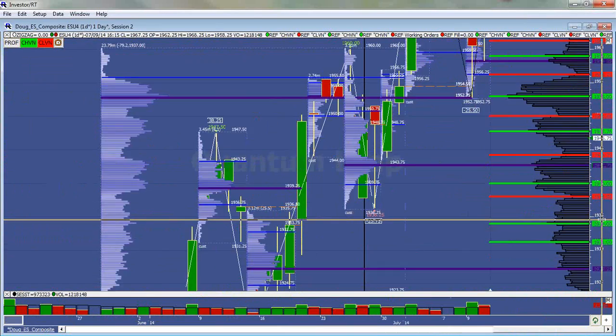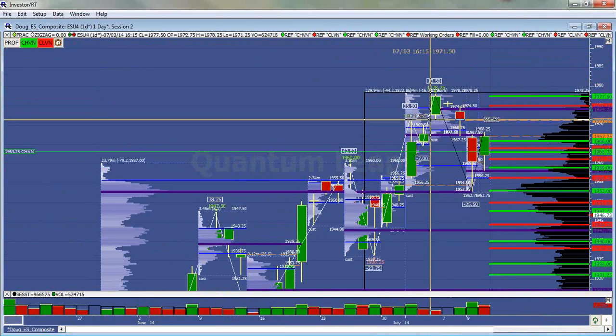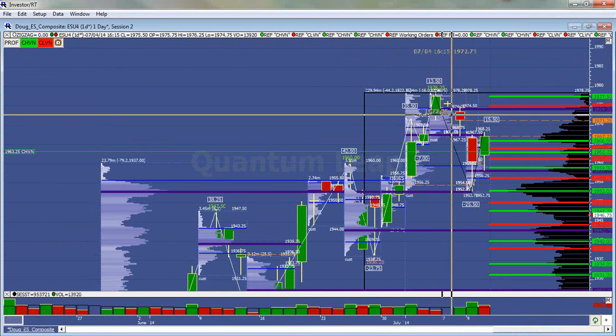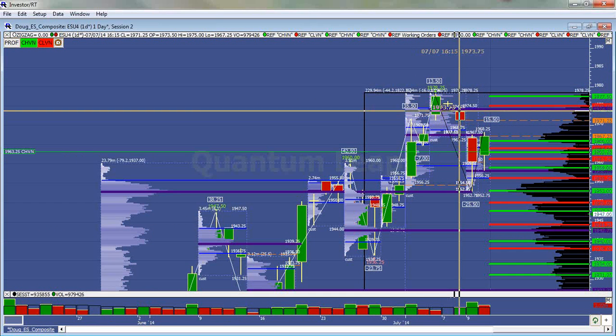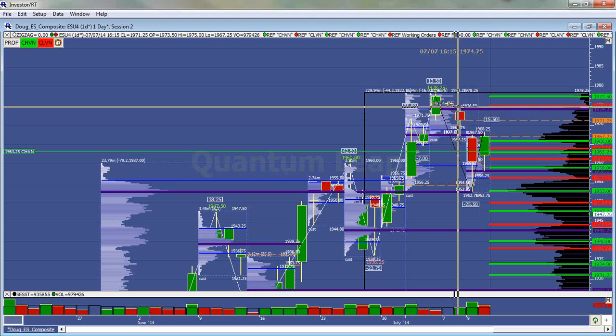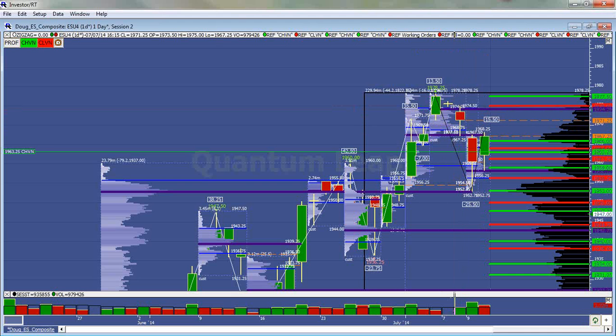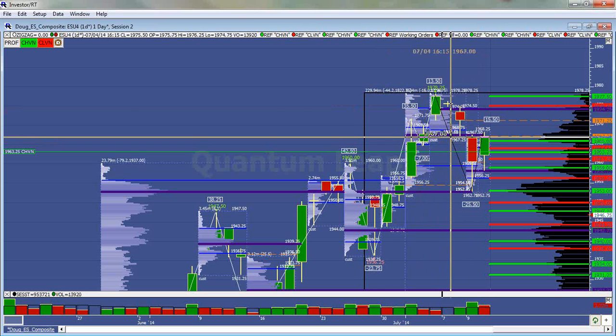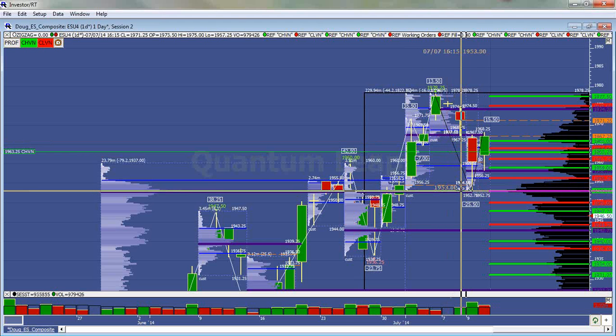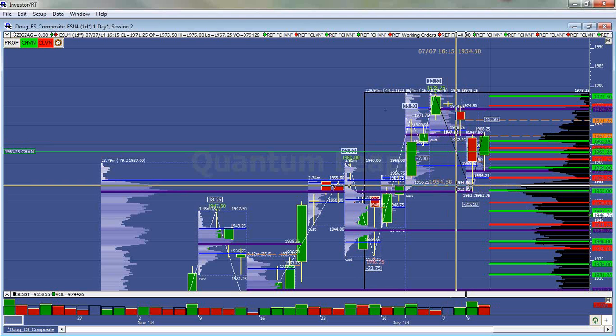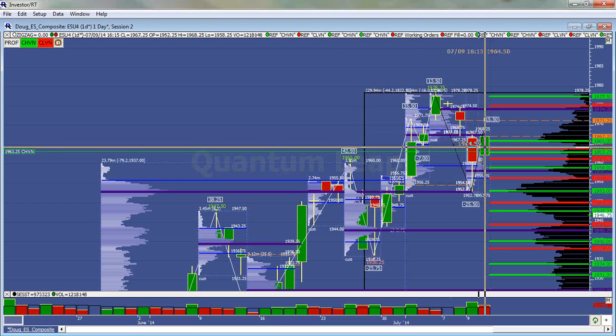All right, so we tried to hold balance up here, after we made the new high at 1974.25. Then they came down and they couldn't hold the balance here at 1967.50, and we looked for that move down to 1952.75. We said buyers would likely step in and rotate us back up towards this 1967.50. They did that yesterday, but like any market, like any auction, new information brings revaluation. And